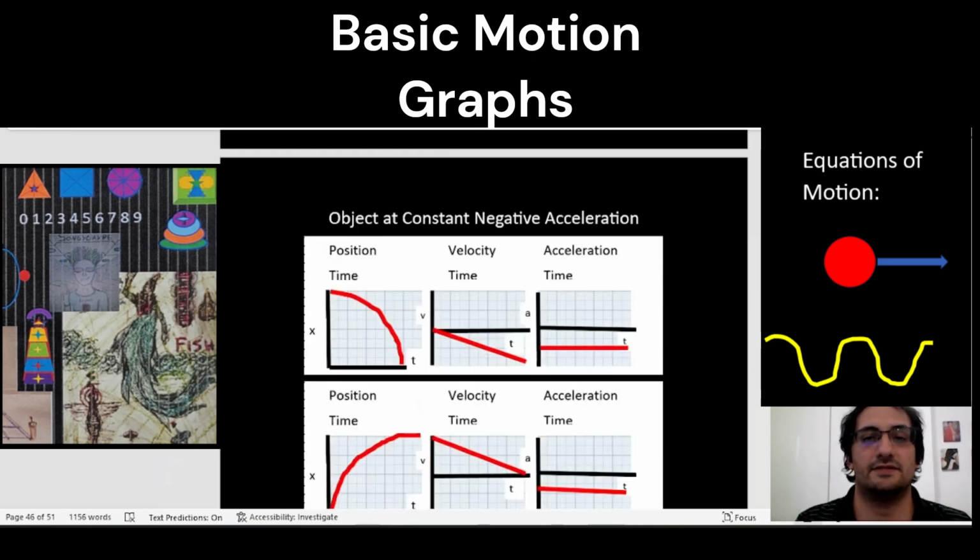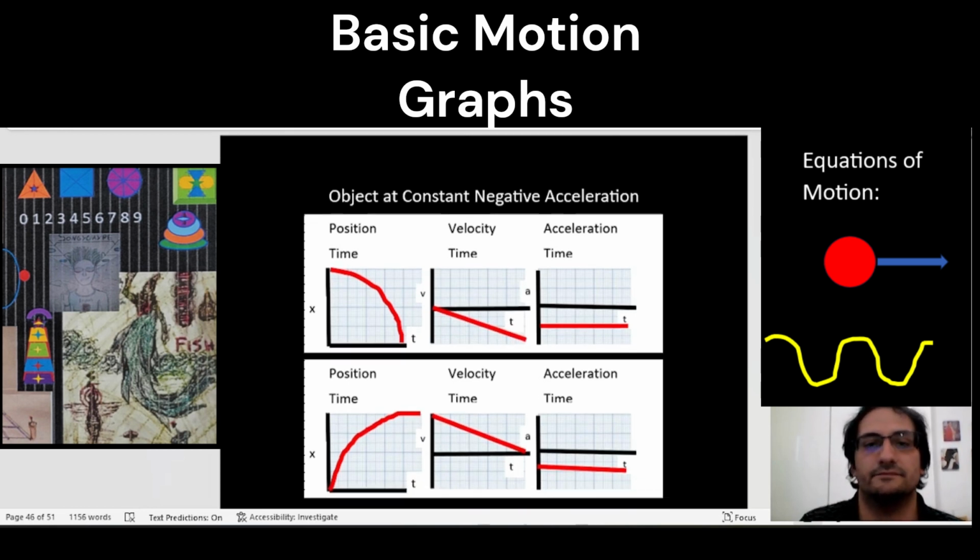Object at constant negative acceleration: it means that the acceleration is negative, which means that the velocity, if it begins at zero, will become more negative, which means we're going to have a curve like this for the position versus time. The velocity versus time graph is the slope of the position versus time graph. Since the slope right here at the peak of this graph is zero, we begin with zero velocity. Since the slope at this portion of the position versus time graph is negative, the velocity becomes negative,